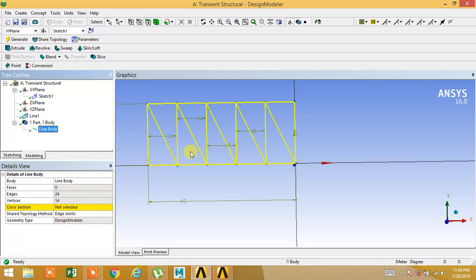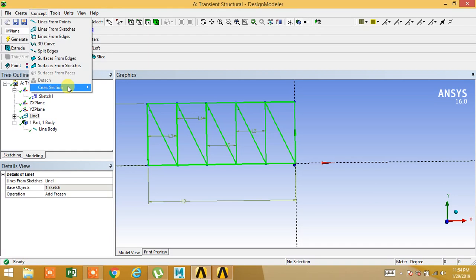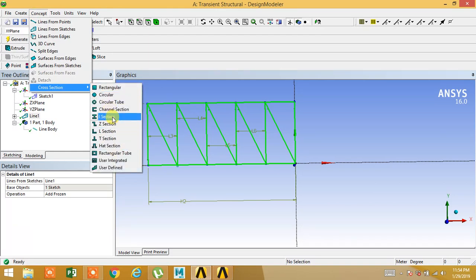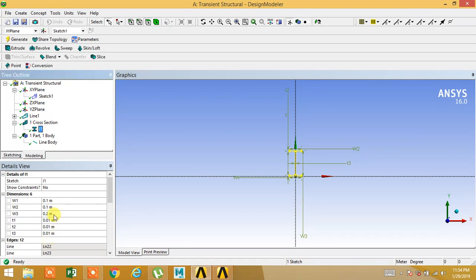Okay. Now we need to assign a cross section, say ISMB 250 or 300. So select I section. This W3 is overall depth. This is 0.3.